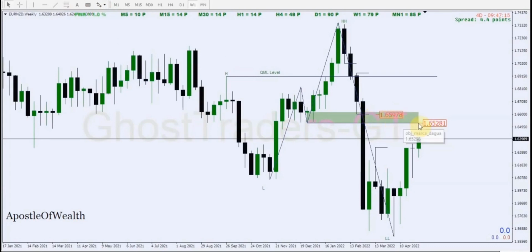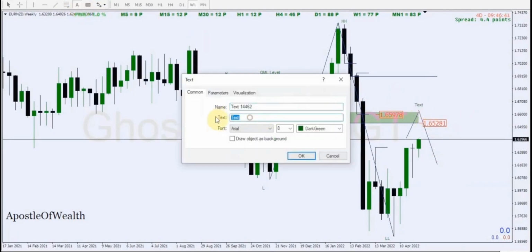So from this level here, we're going to be looking for sell profiles to sell at this level. As a result, when price gets to this level, what we're anticipating is a decline in price, and that decline will leave a high at this level here. So there is going to be a new high being formed here as price is going down. And according to the concept of QML, we call that high an FTR. So let me just put